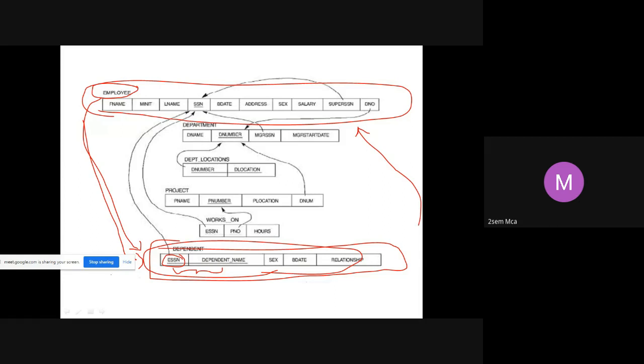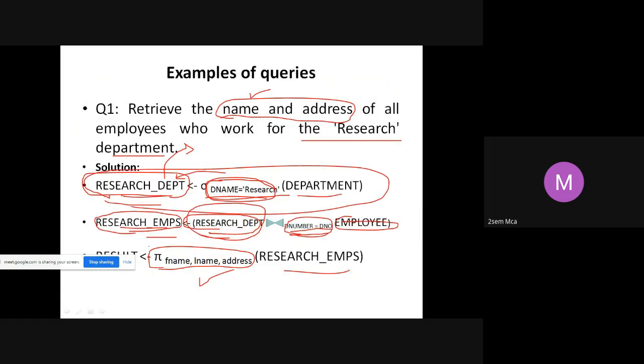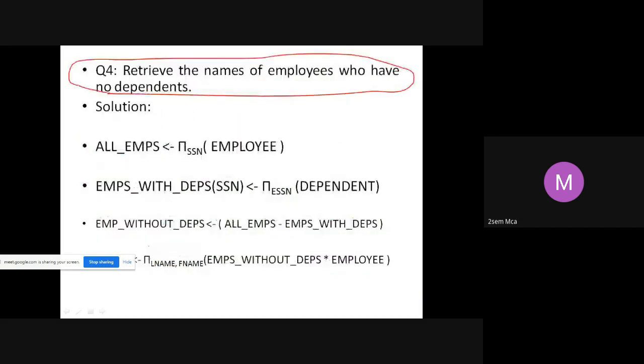Because if you remember the ER diagram, we had put a partial participation at the employee side, because every employee need not have a dependent. Whereas on the dependent side, it is always total participation. If you are a dependent, then there should be an associated employee with you. Otherwise, you don't exist at all. Is it not? Right. Now, how do you go about this query?